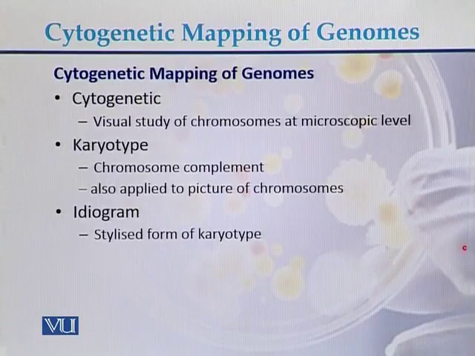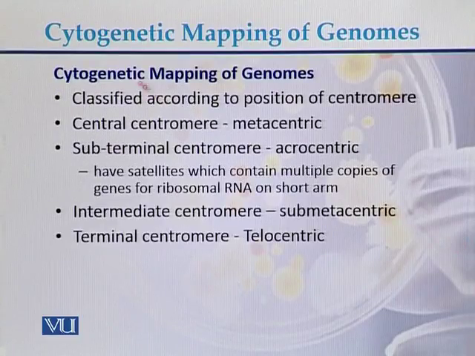So these are the different terminologies used in cytogenetic mapping of the genomes: cytogenetic map, karyotype and ideogram. According to cytogenetic mapping of the genomes, chromosomes are classified according to the position of the